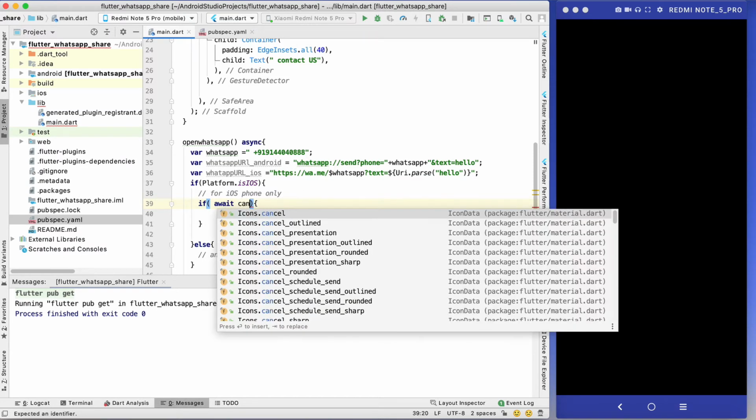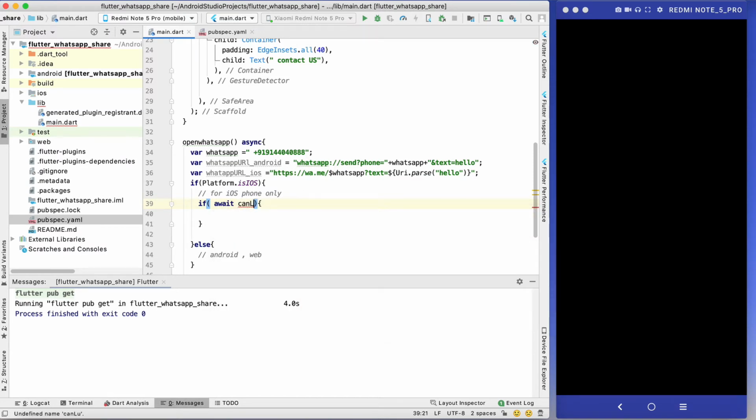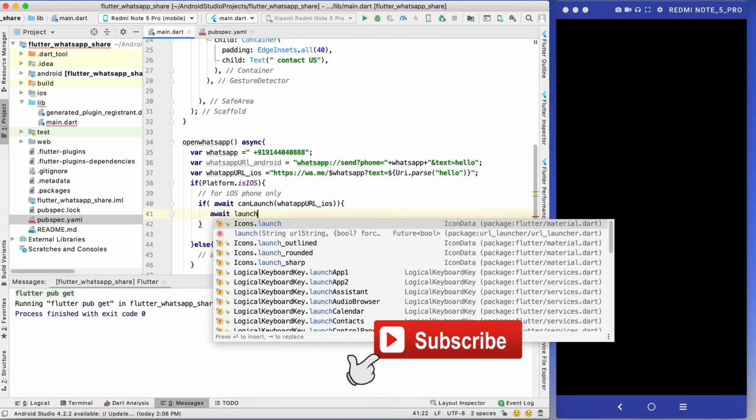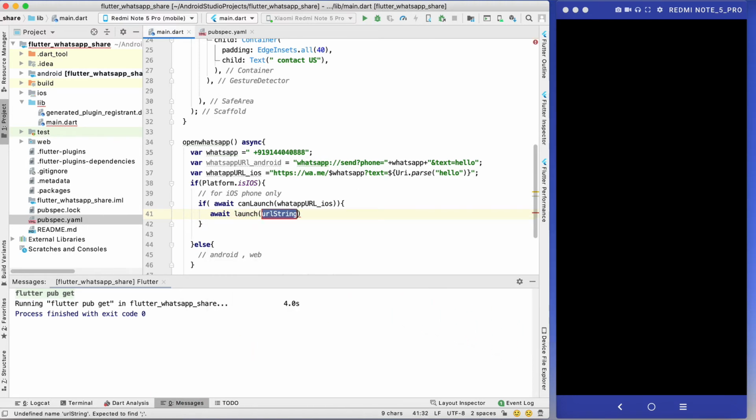So there is canLaunch, and the URL string is whatsappiOS. If it can launch it, then we will call it. Again await launch and whatsappiOS, that's it. So it is for iOS.